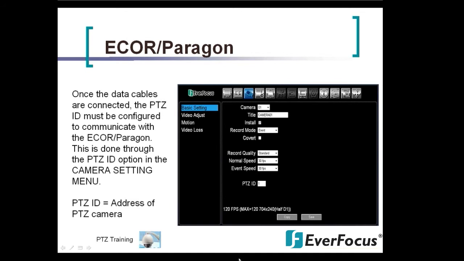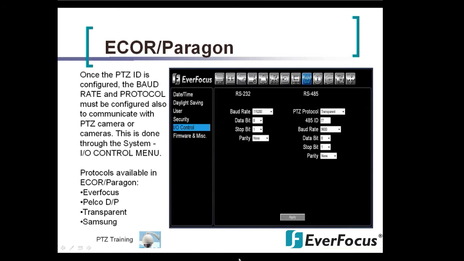Now, once you're done adding the PTZ ID, you have to set the DVR up for control also. This is setting the protocol and the baud rate in the DVR, and you would do this under the system menu under IO control. You'll see to your left you have the RS-485 menu, the PTZ protocol up at the top, and the baud rate down in the middle. The eCore and Paragons offer EverFocus, Pelco D, Pelco P,